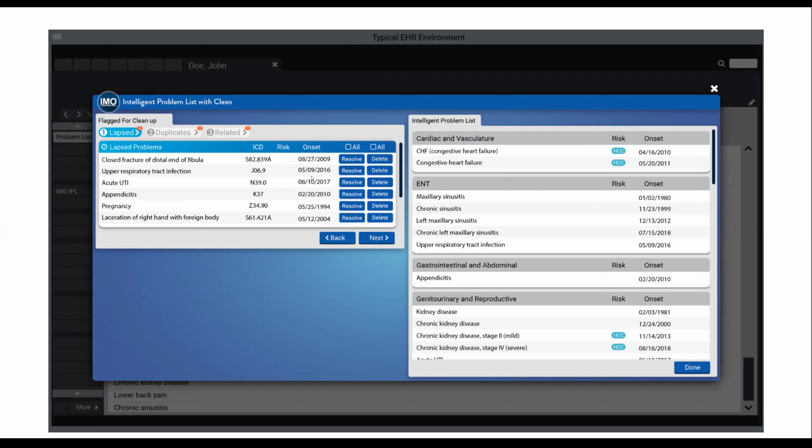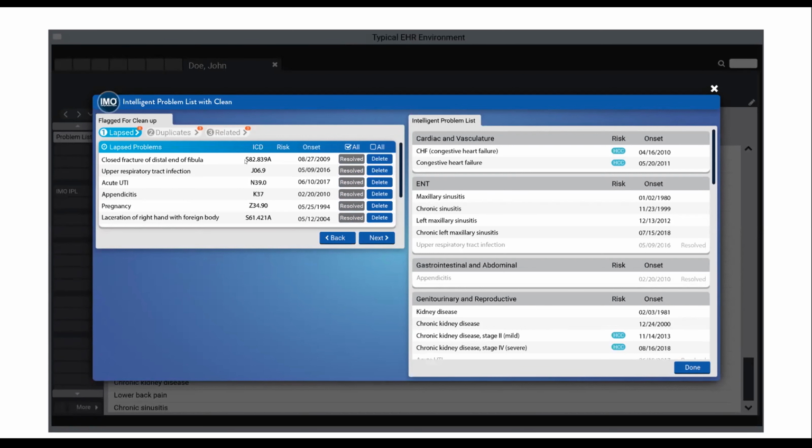All right, so here in the last section, these are, again, those time-limited problems that, based on their onset date, are likely no longer active. So these are likely going to be a quick scan and get these off my list as quickly as possible. So we have a check all function here, so you can quickly resolve all those problems and then move on with your day. What you see here is options to resolve or delete the problem.